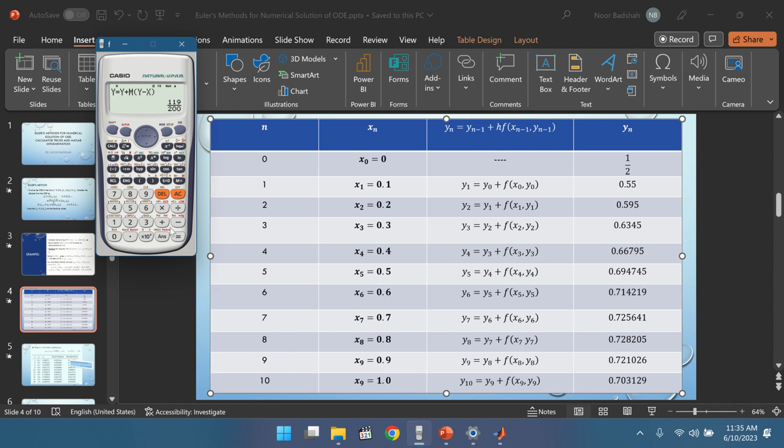So that gives you 119 by 200, which is 0.5950, the second value. Again press equal, the value is the same, then you press equal again. We have m, you press equal again. X will now be changed from 0.1 to 0.2, and then you press equal to get the next value, which is 0.6345. Press it again, y is 0.6345, press it again, m is fixed, and then we have x,